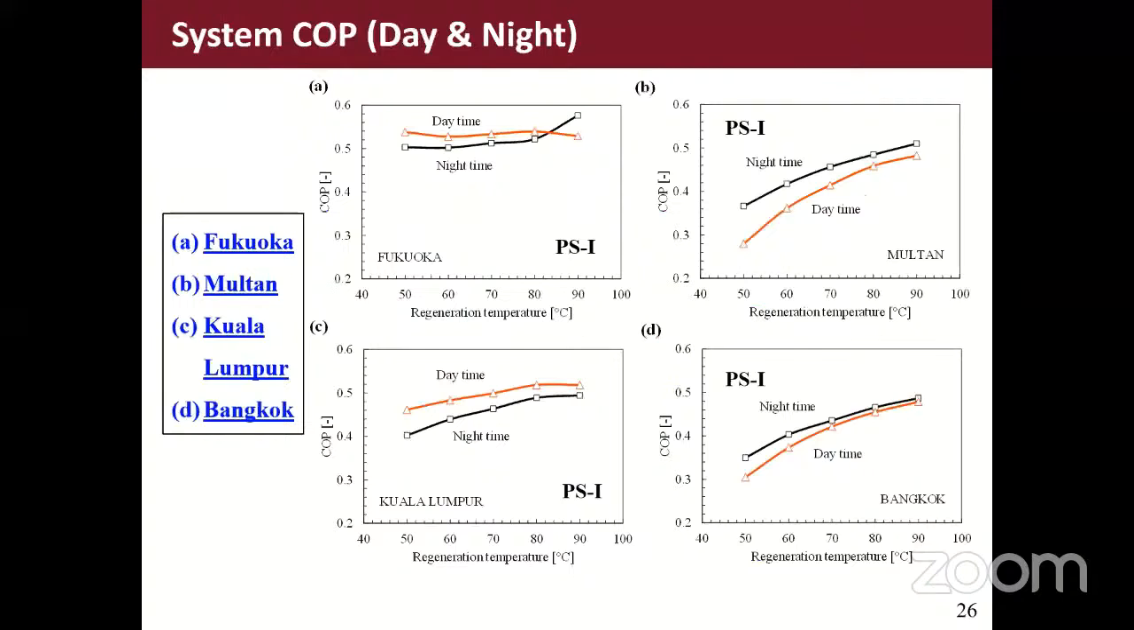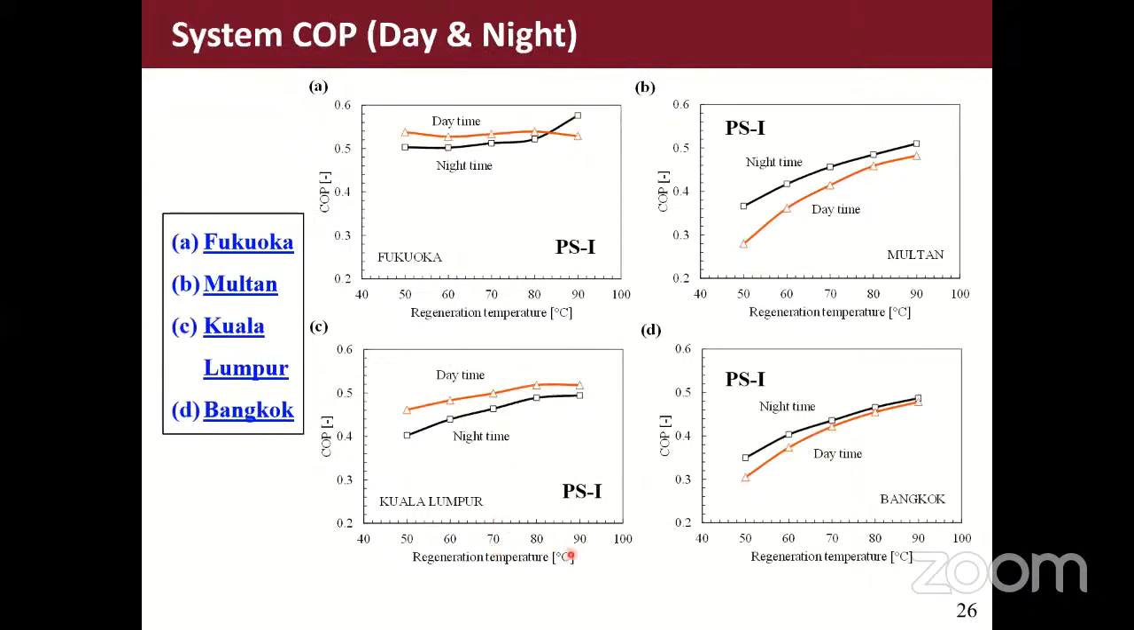System COP. In this figure, we have calculated system COP for PS1 and only for PS1, because the PS2 results were not that good. Therefore, we just realized that we might just show the results for PS1. So here you can see the system COP as a function of regeneration temperature for the PS1 materials. The COP is nearly 0.5, and it is changing